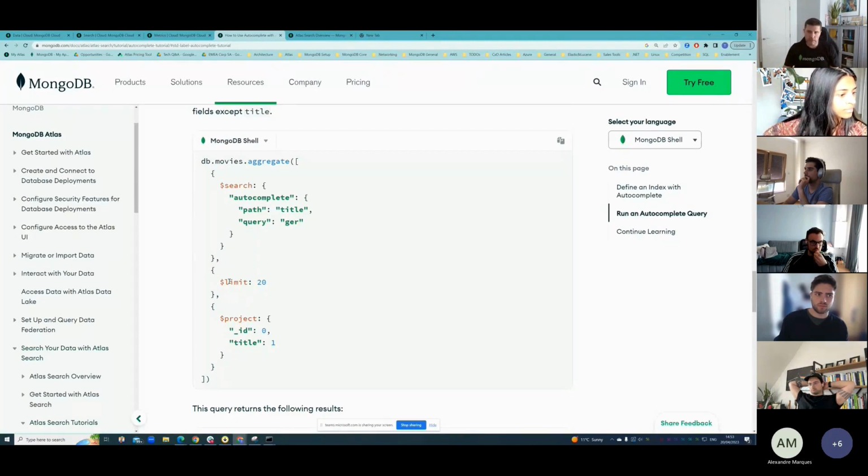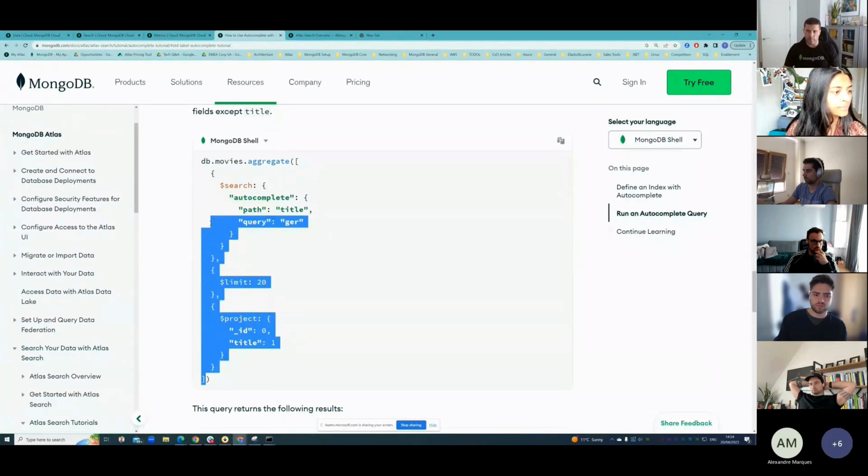I also have two other stages here. In the limit stage, I'm saying I want a max of 20 documents returned, and I have $project. This means I can specify which fields I want to return from my document. I don't want everything from my document to be returned. I'm just returning the title field here, right? So if I copy this